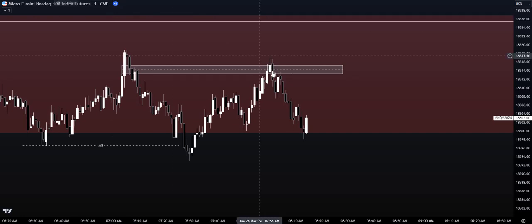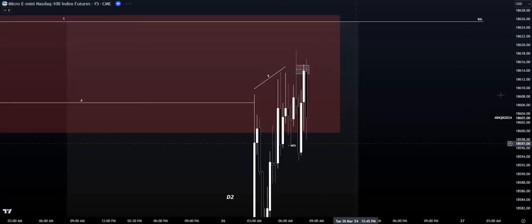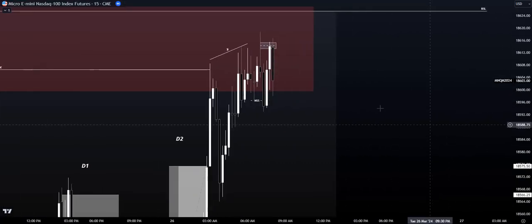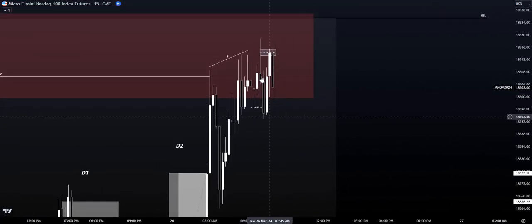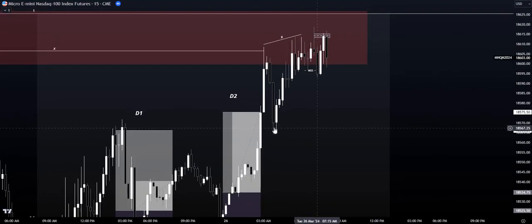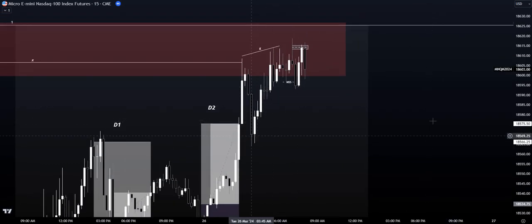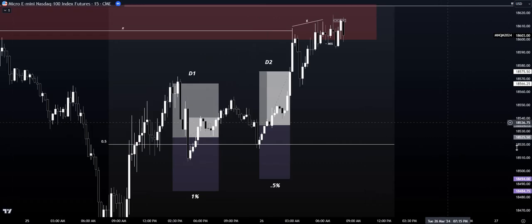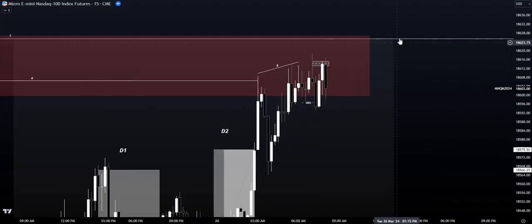Now, let's say we didn't catch this, right? We didn't catch that. What we're going to be paying attention to now is we're going to be waiting for that indefinite market structure shift, which will be displacing over this low right here. That is going to be what we're waiting for our displacement from. So we want to displace through this low to then drop even lower. Or we want to see us run through buy side liquidity.